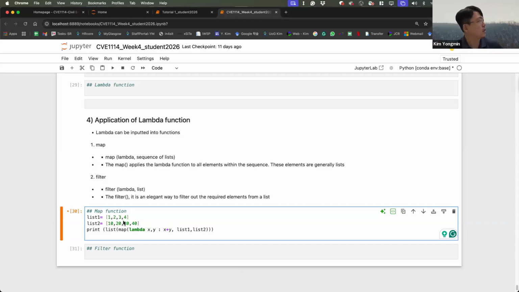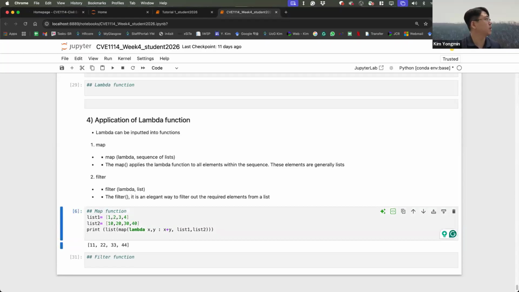That means 1 plus 10, 2 plus 20, 3 plus 30, 4 plus 40. Let me check. Yes: 11, 22, 33, 44. And the data type is list.